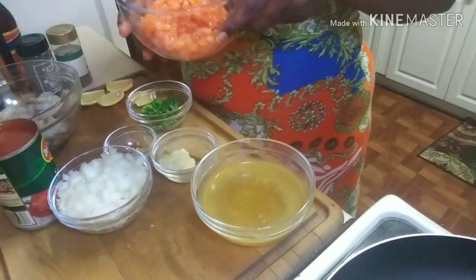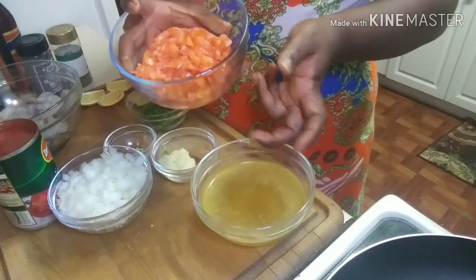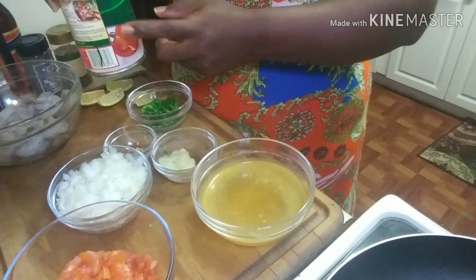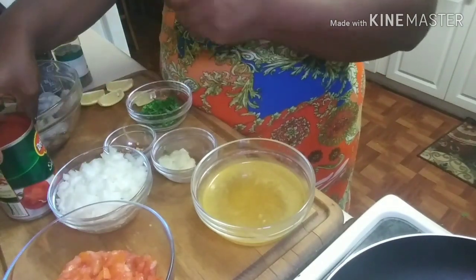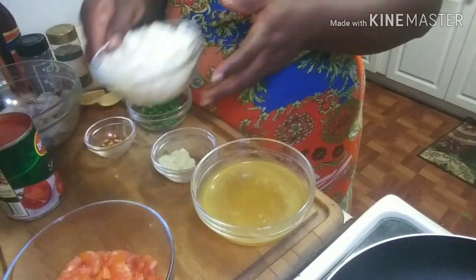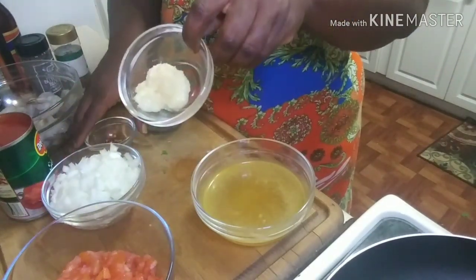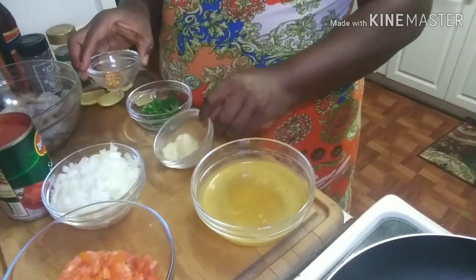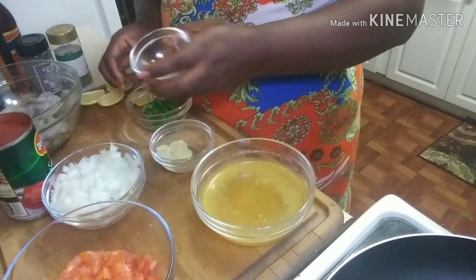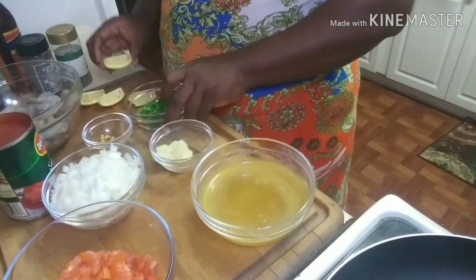I also have here 8 ounces of diced tomatoes. I have 1 can of tomato sauce, which we're only going to use about a cup of, roughly about half of the can. I have 1 chopped onion, 1 tablespoon of garlic paste, 1/4 of a teaspoon of red pepper flakes. I have some chopped parsley here. I have some